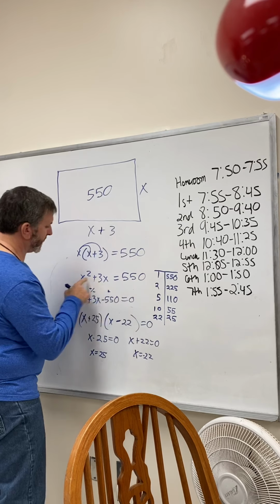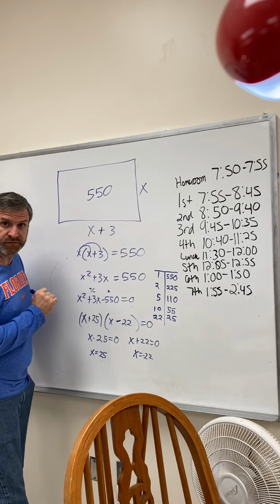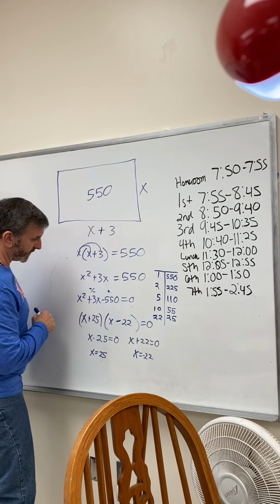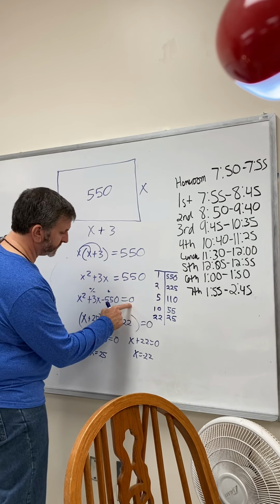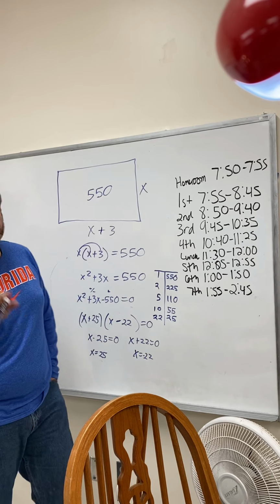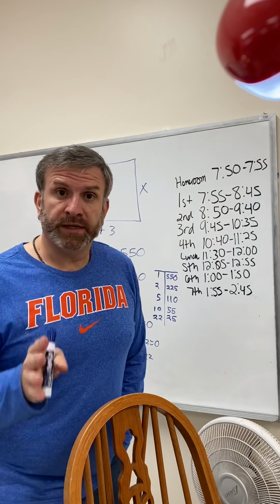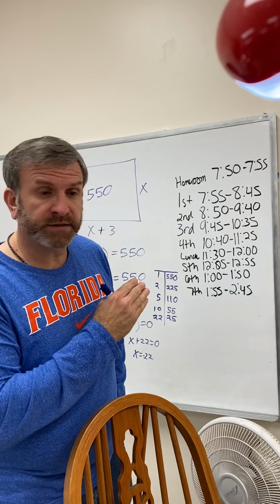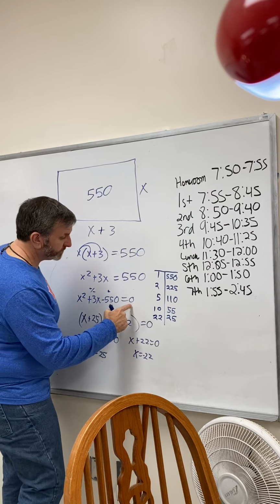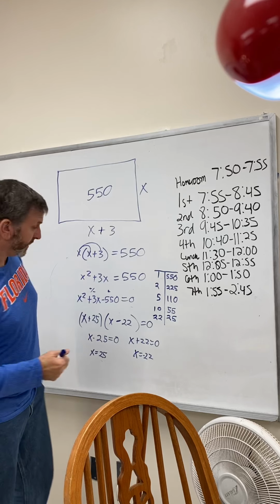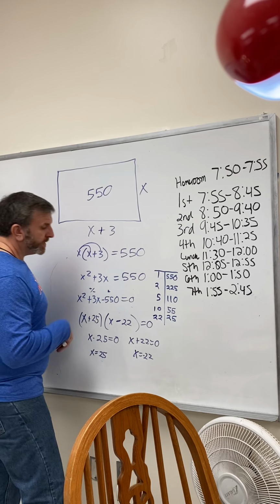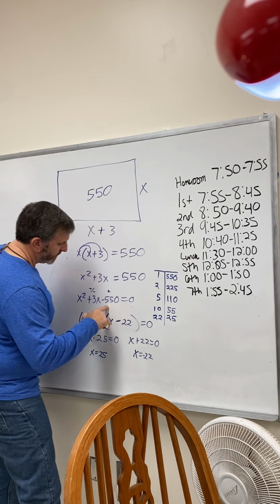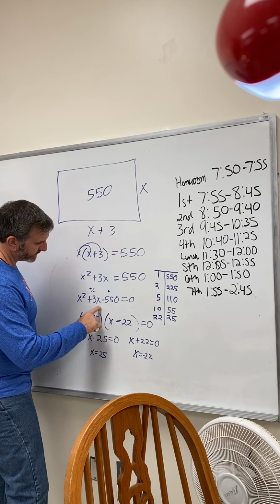Now whenever I have this, I have to subtract the 550. So now I have x squared plus 3x minus 550 equals 0. We always want to set our quadratics equal to 0, because our goal with solving quadratics is solving for x, and in order to do that, we have to do what's called factoring it. Now how we factor is that I want to know, what do I multiply at 550 to get